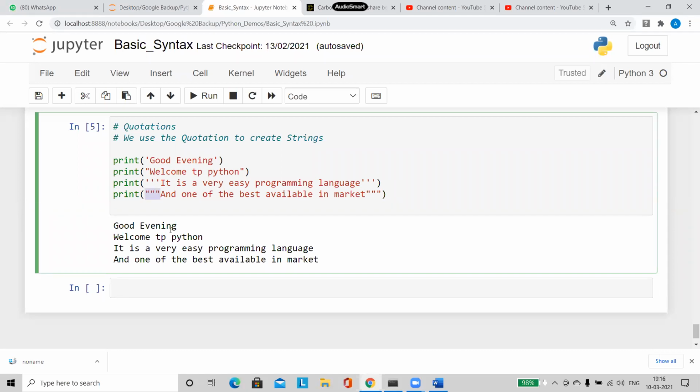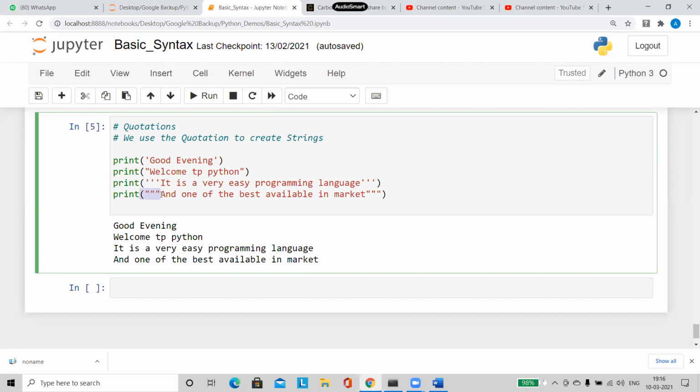When we are discussing more on strings, I will tell you about the differences. What is going to happen when you are using single quotes? What will happen when you are using double quotes? I will tell you the differences there. But as of now, just remember, we can create a string value in 3 different ways. One is using single quotes. This is also valid. Using double quotes, valid. Using triple quotes, either 3 single quotes or 3 double quotes.